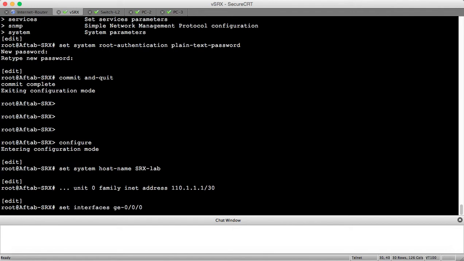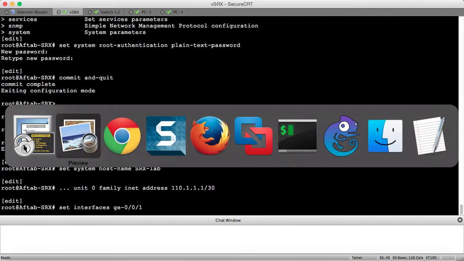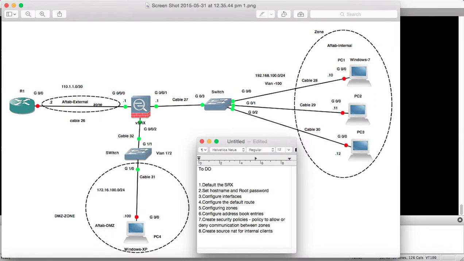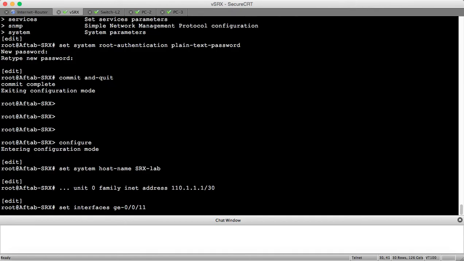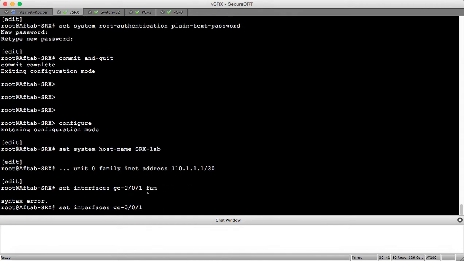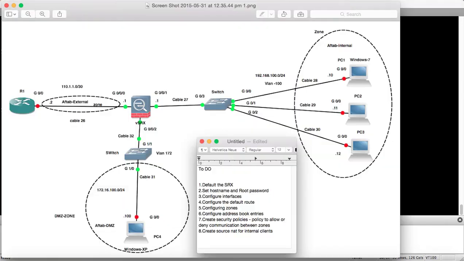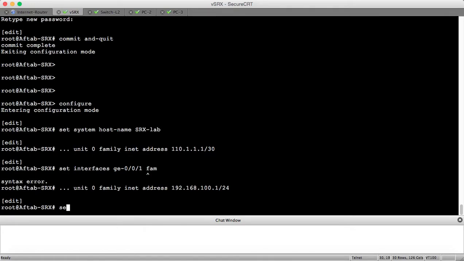Then set interface ge-0/0/1. ge-0/0/1 is having 192. Unit 0 family inet address 192.168.100.1/24, and we will configure this interface as 172.16. So set interface